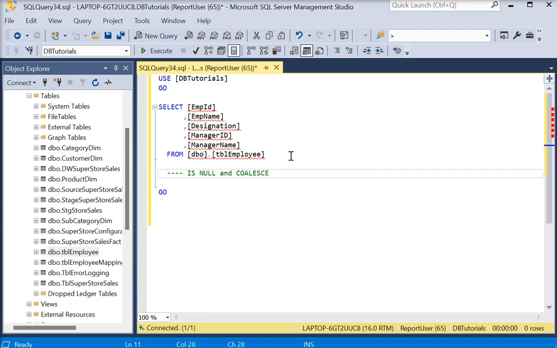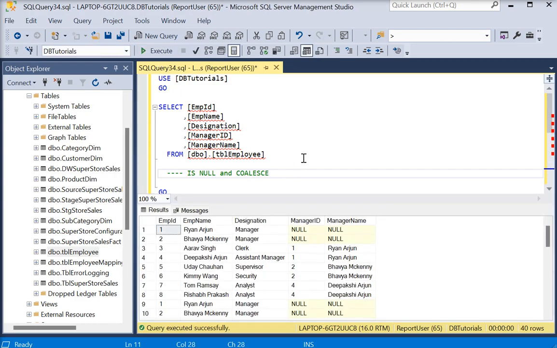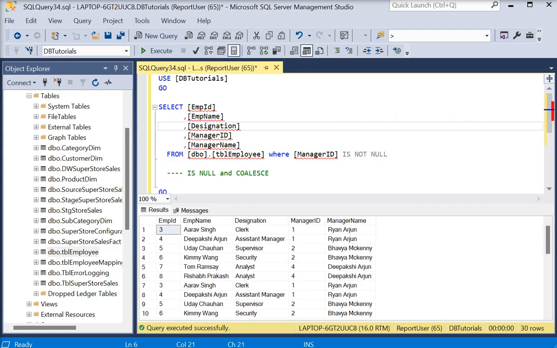Okay, so here you can see we have the data and you want to pull all the records where manager ID is not null. So we are going to apply WHERE manager ID IS NOT NULL. Okay, like this. Now you can see this record seems to duplicate to me, so I want to apply